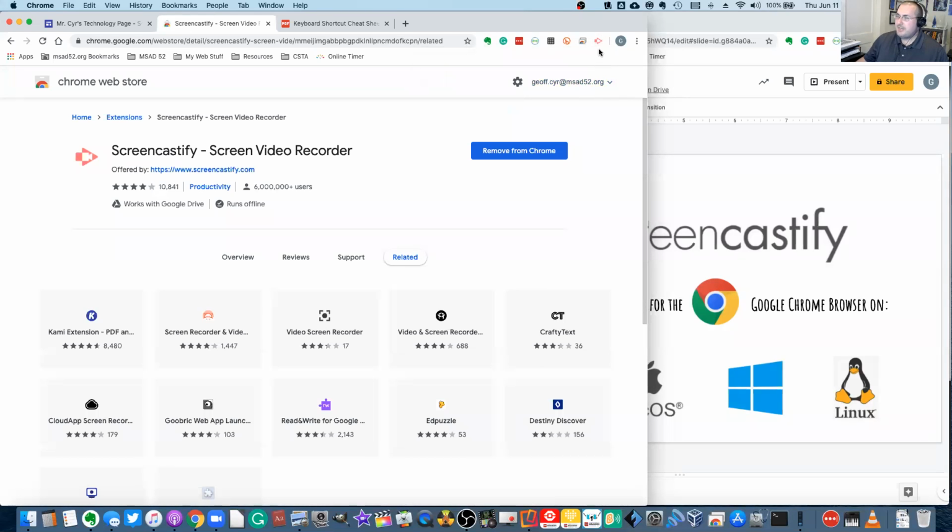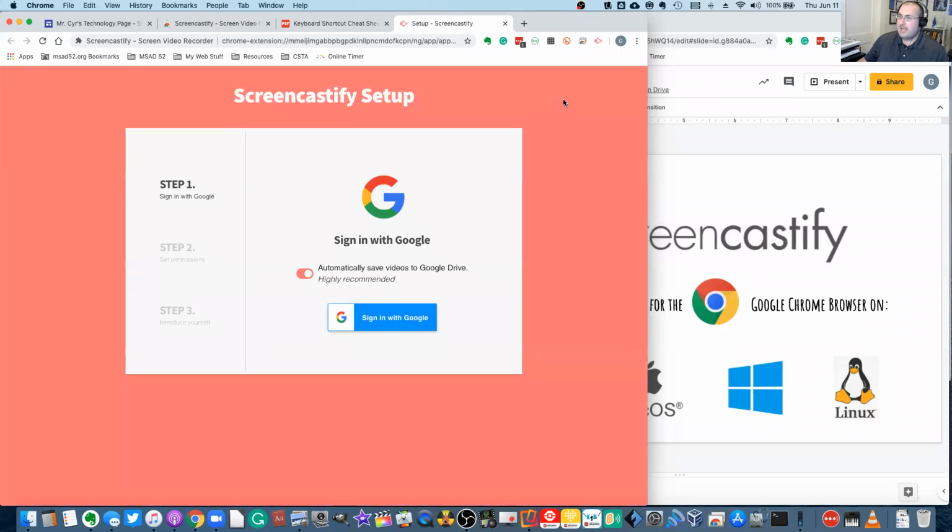Now, if you're using Screencastify for the first time, it's going to open a new tab for you, and you have to set it up. So you have to sign in with Google. And I like this option of automatically saving videos to Google Drive. A lot of times if you're going to be sharing a video somewhere, or like in my case, I will record a tutorial in Screencastify and then post it on my website. Those videos are coming straight from Google Drive, so it saves me that step of having to go in and upload it, which is really helpful. So I recommend keeping that checked. Obviously they recommend it too. So I'm going to sign in with Google,